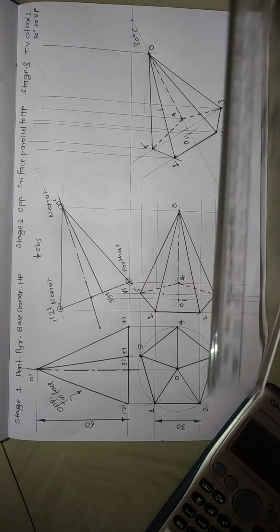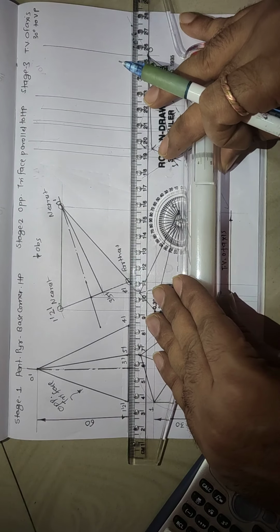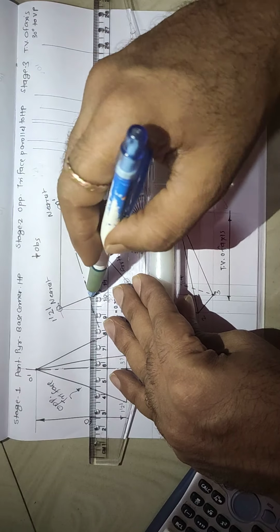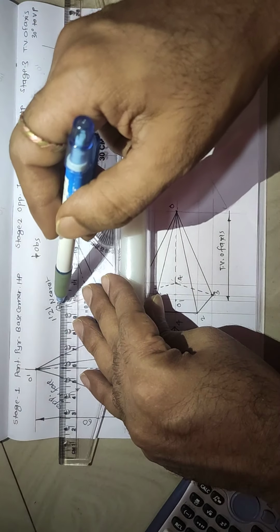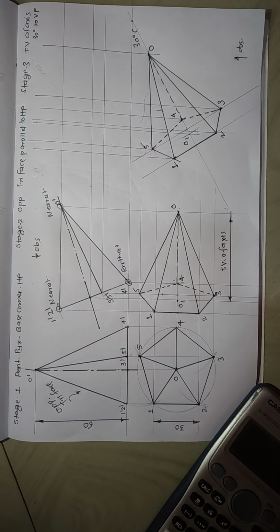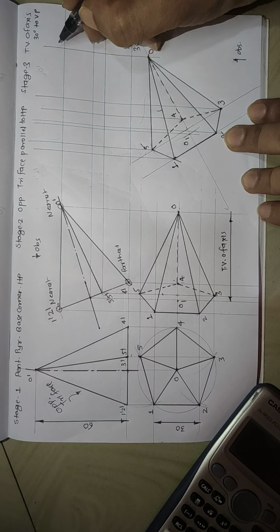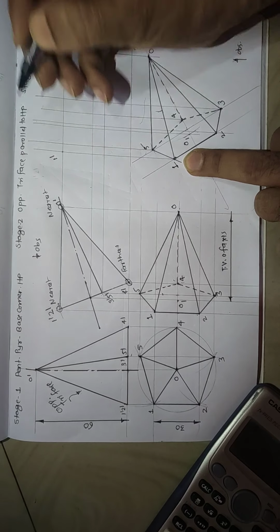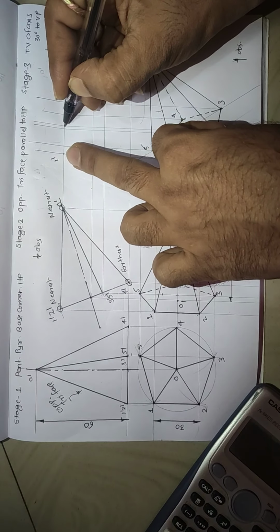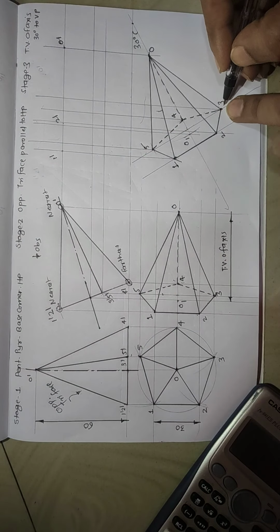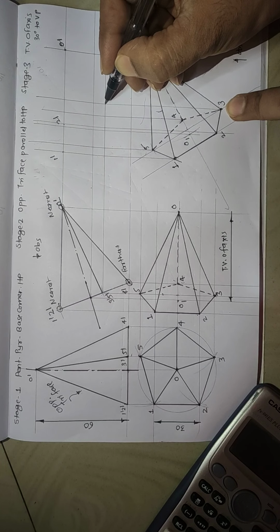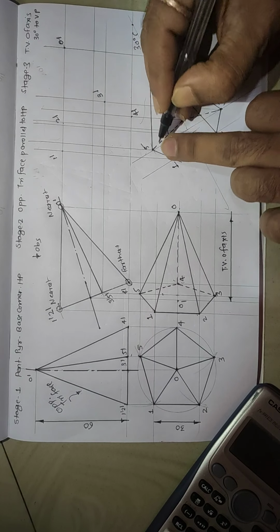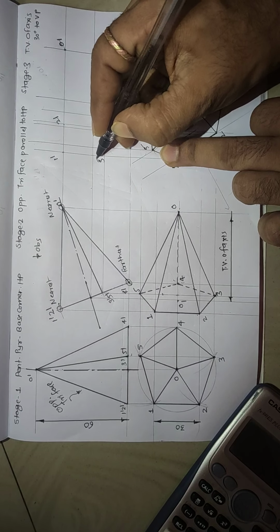Same projection I will obtain from this front view. So I will take this projection for 3, 5. I will take projection for the axis. I will take projection for, this is a common projection for 1, 2 and O. Now I will locate various points over here. This point is your point O dash. From here I am getting 1, so this point is your 1 dash. From here I am getting 2, so this point must be your 2 dash. This is 3, so this point must be 3 dash. This is 4, so this point is 4 dash. This is 5, so this point is your 5 dash.